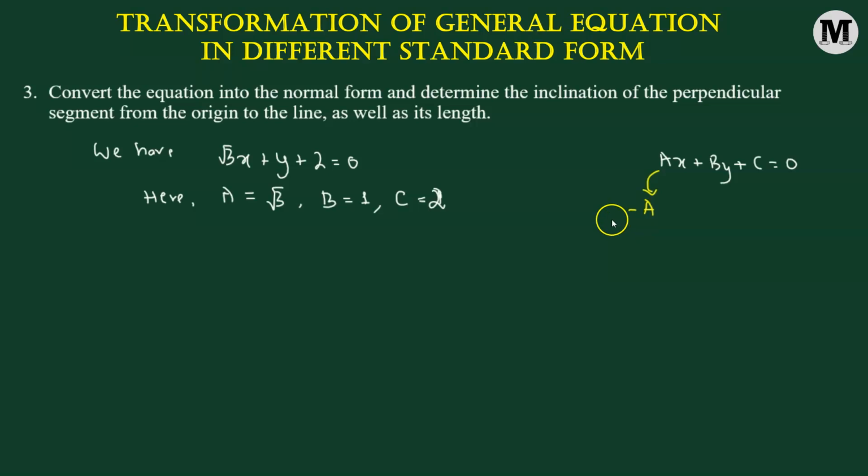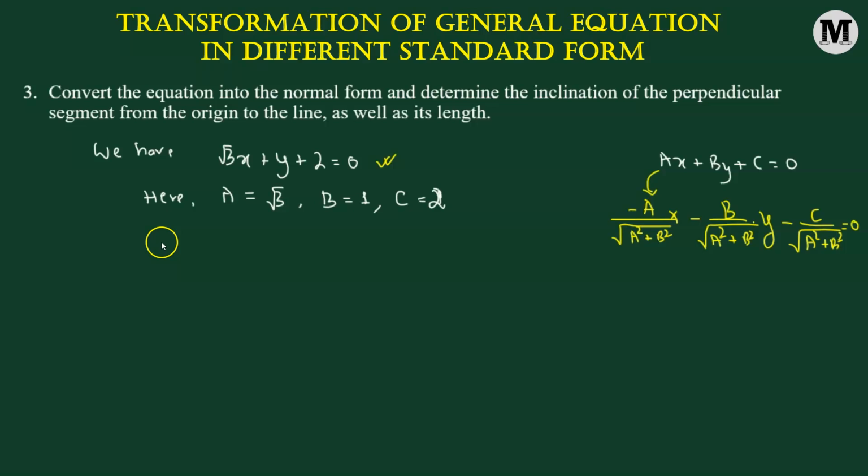We have negative a divided by the square root of a squared plus b squared times x. Then b times y is going to get transformed to b over the square root of a squared plus b squared times y, and then c is going to be negative c divided by the square root of a squared plus b squared, equal to 0. So this is referred to as the normal form of the line. So we're going to transform our given equation, which is in the general form, into the normal